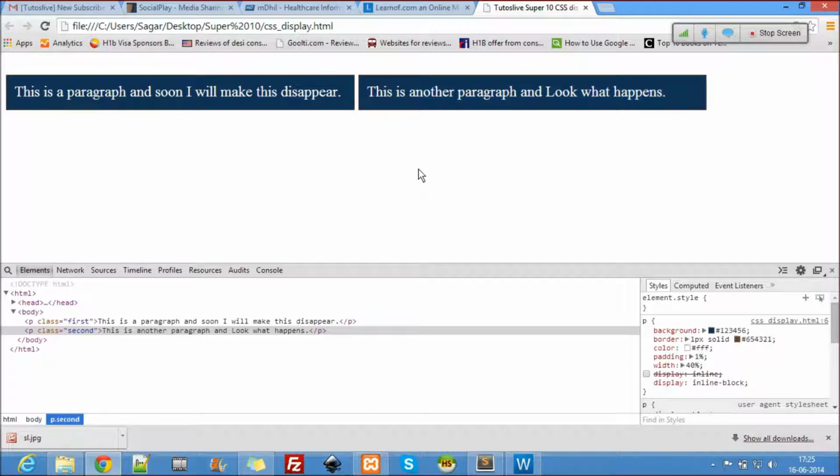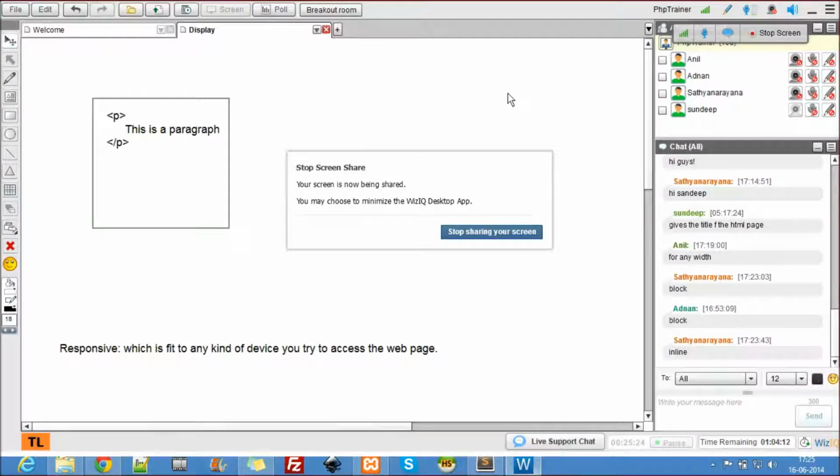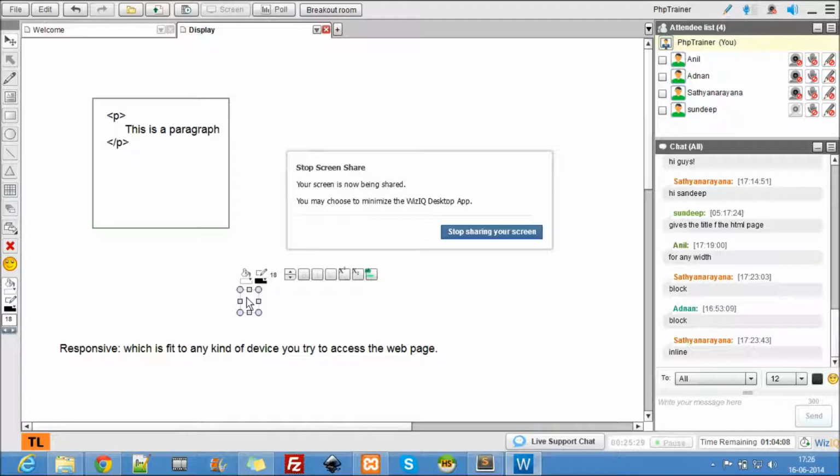So inline block is a block level tag, except that it allows an inline scope to the elements. So there's a difference between inline and inline block and block. Block level tag, inline tag, and inline block tag. There's a difference here. So the difference is here.